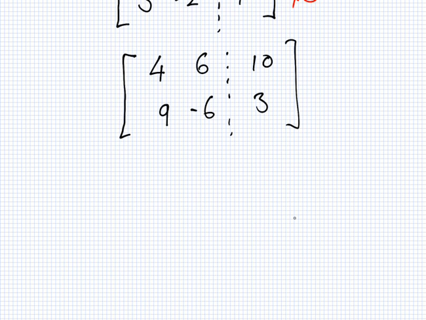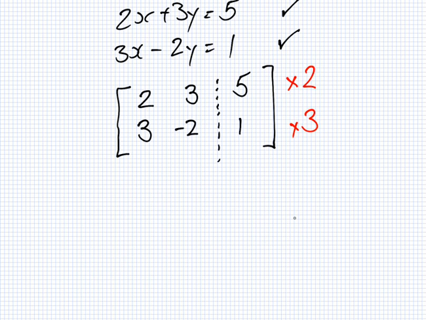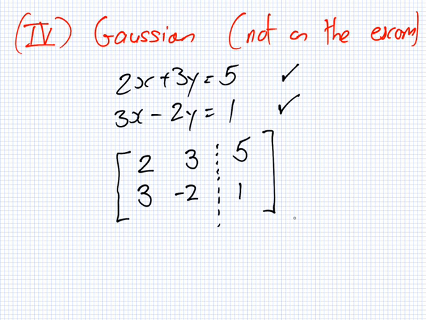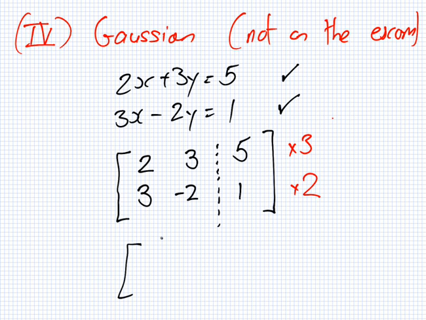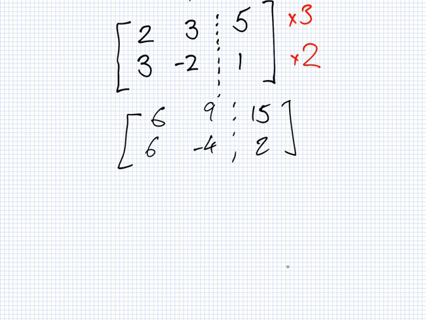Now the 4th method, just to be clear, it's called Gaussian and it's not on the exam. The reason I'm doing this method with you is because it will be useful to you for semester 2, but it's not on the exam. So the question will never say use the Gaussian method. I'll never say that. But I just want to show you this method because for some questions,